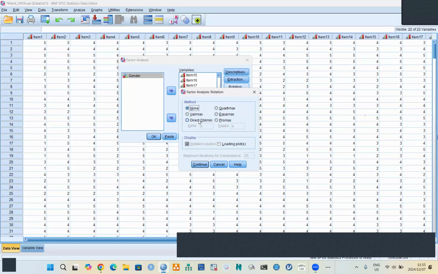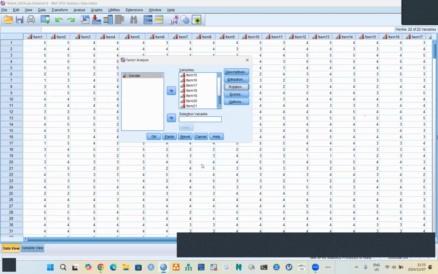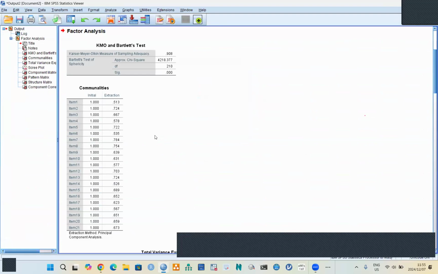So what I normally do is that I will assume first that all the items correlate, because I believe that I've done all necessary things before I develop the items. So it is expected that all the items should correlate very well. So you check the direct oblique first, and let's see what is going to happen. If it's otherwise, then we can come back and recheck the other method. So we hit the continue method. So after that, just leave the scores and the options in abeyance. We are coming back. Then you hit the OK button. And let's wait for the result. So this is our result